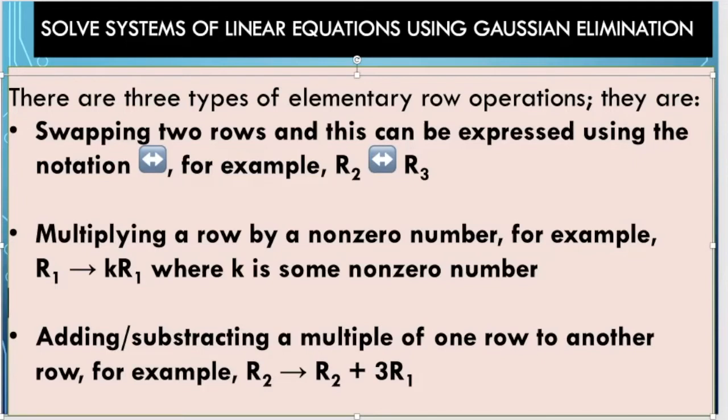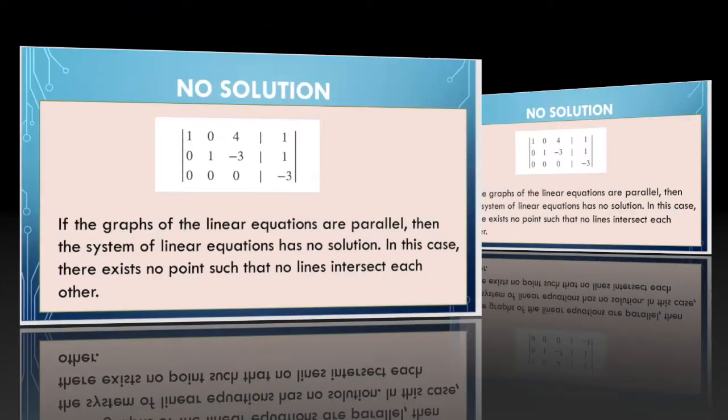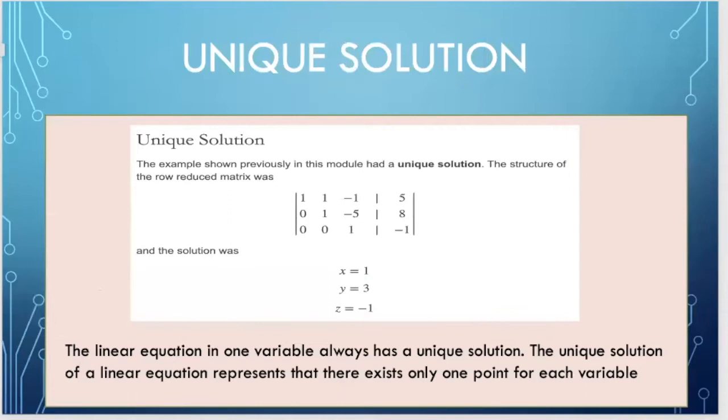In the end, after completing our elementary row operations, there are three solutions that we need to know. We can get any one of them after completing our row operations. We have no solution, we have infinitely many solutions, and we have a unique solution. Unique solution is when we have an upper triangle, and what's happening here is that if it's in terms of x,